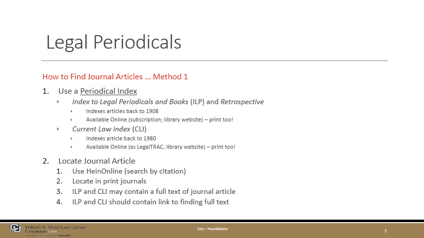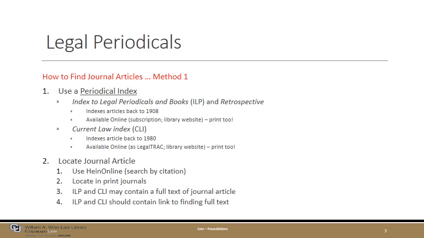So you would use the periodical index and enter in your keywords, and then it would give you back a list of citations. These also tend to be full text indexes, so you will likely get the full text of the article. If you don't, if it just is a citation, then you would turn to Hein Online, which is